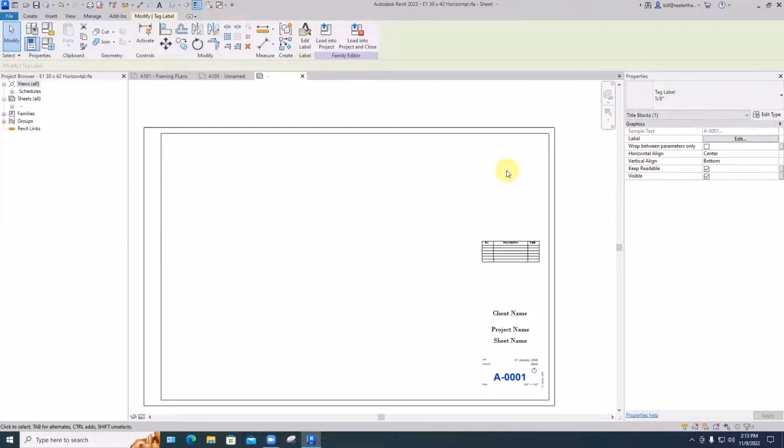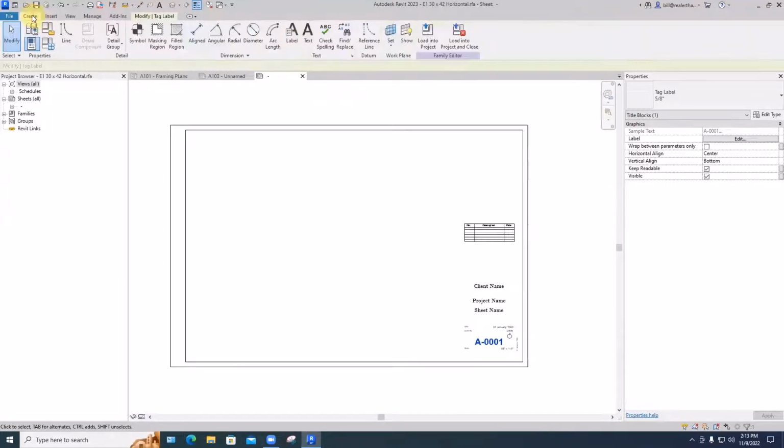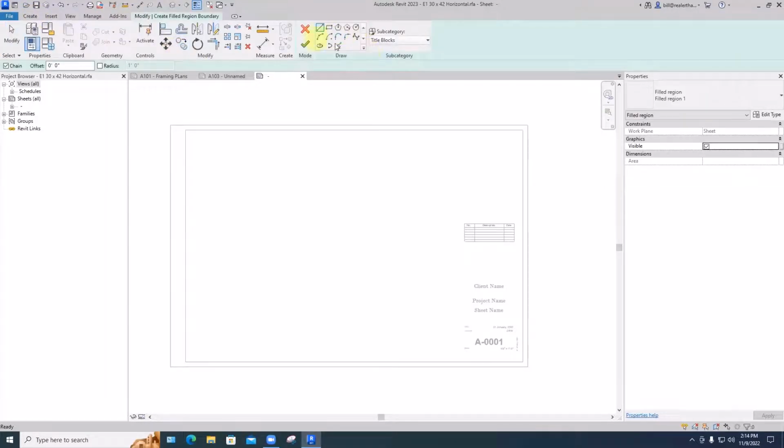Ladies and gentlemen, we have a request on the floor to ask how you do areas of color that would then have text on top of it. Go to Create, Filled Region, and then we have our basic drawing tools here. So if you pick a rectangle and drag it and say OK,